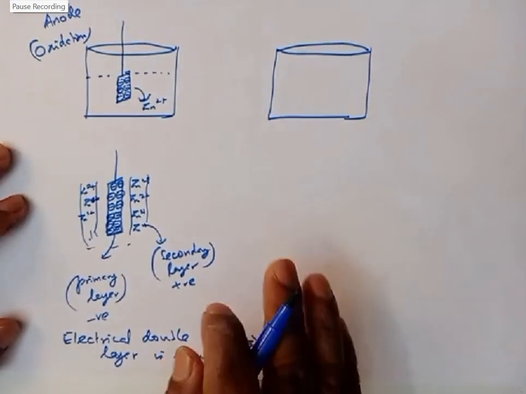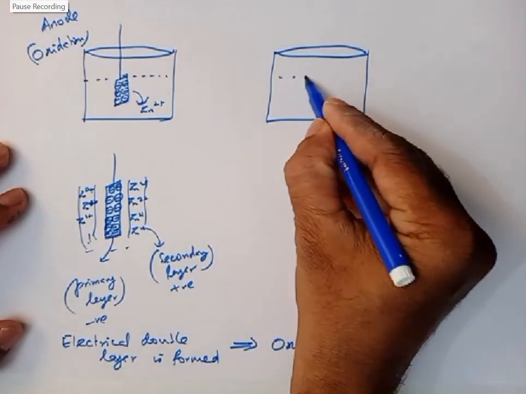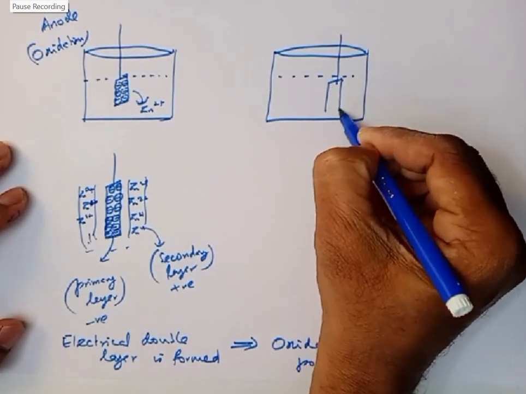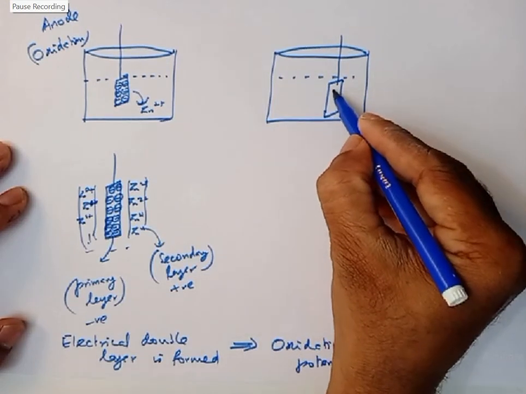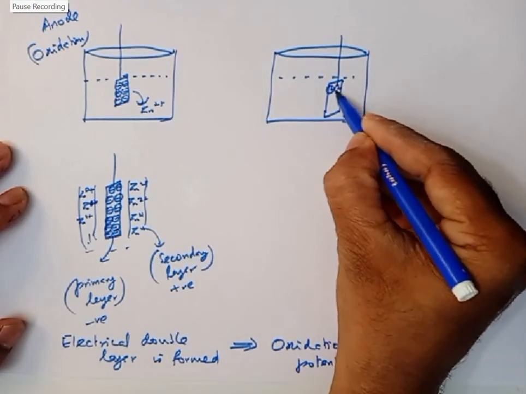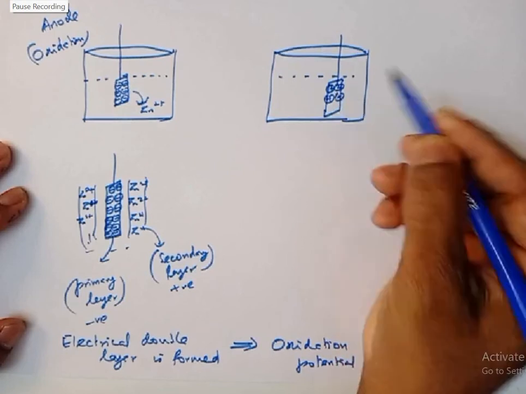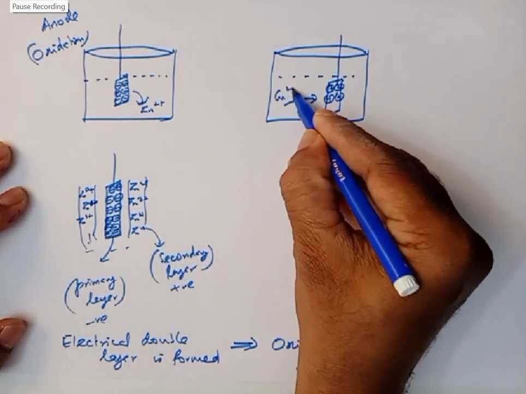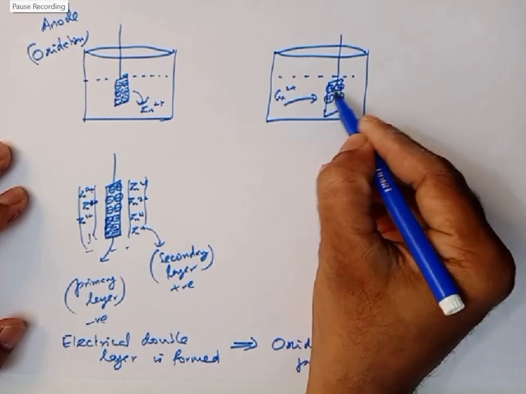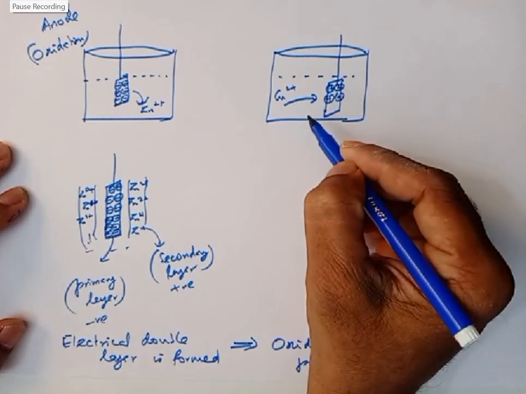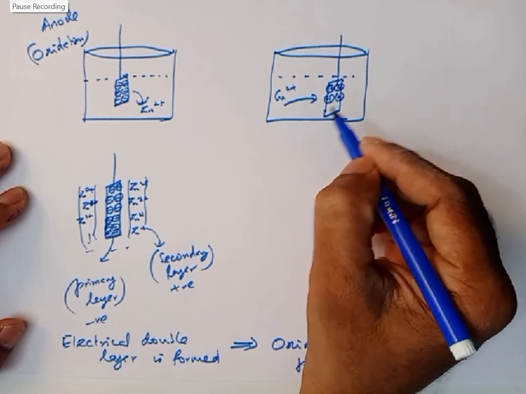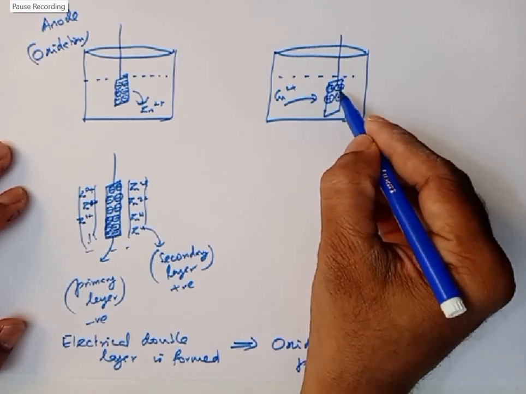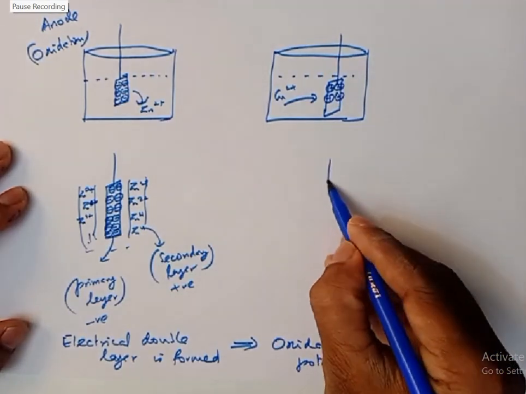So an oxidation potential is developed here. What happens on the other side? On the other side, students, observe carefully. Due to the reduction reaction, the electrode gets positive charge. Why? Because cupric ions approach the electrode. Cupric ions present in the solution approach the electrode, gain 2 electrons from the metal and get deposited as copper. Therefore, since the metal loses 2 electrons for each cupric ion,